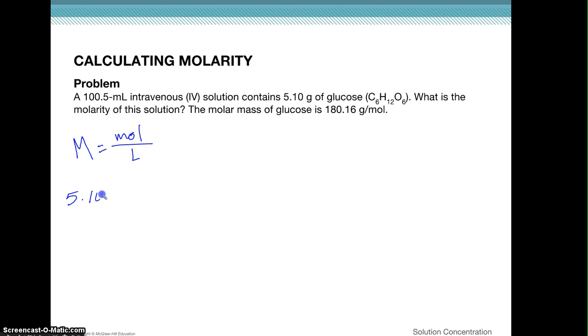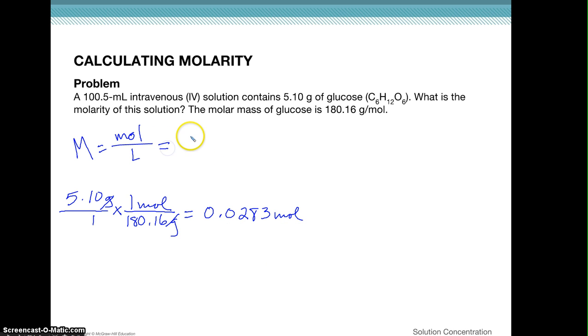So 5.10 grams over 1. 1 mole of glucose has a molar mass of 180.16. They tell us here, or you could add it up from the periodic table. So that gives us 0.0283 moles of glucose. So that's what goes in the top of our equation,